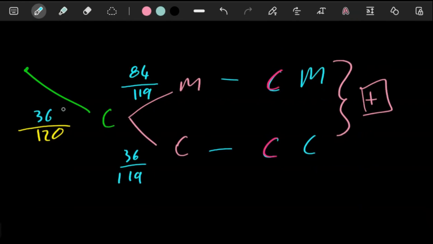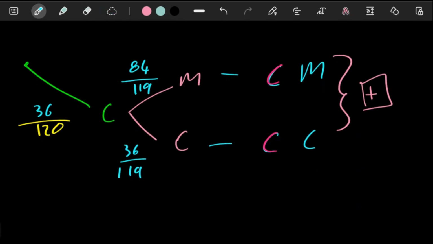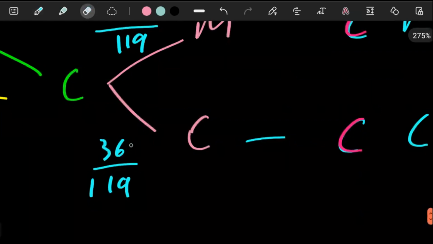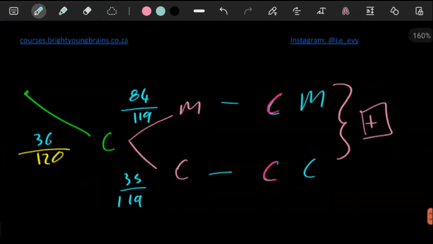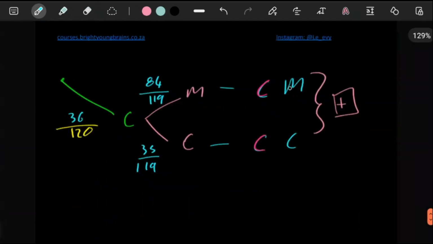Because firstly, the probability of choosing a cheese sandwich here is 36 out of 120. When one sandwich is gone, there's 119 sandwiches left. Oh no, this is actually one less now, because one is gone. Here all the meat sandwiches are still there, but there's one less in total. So the probability of choosing cheese and then meat is gonna be,